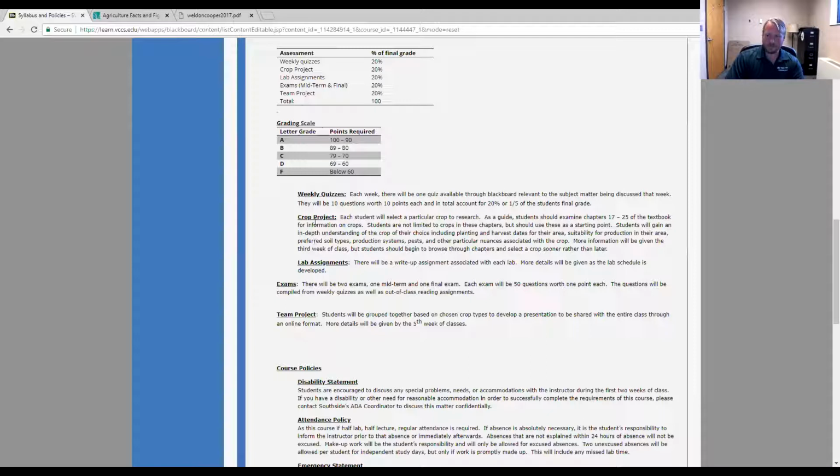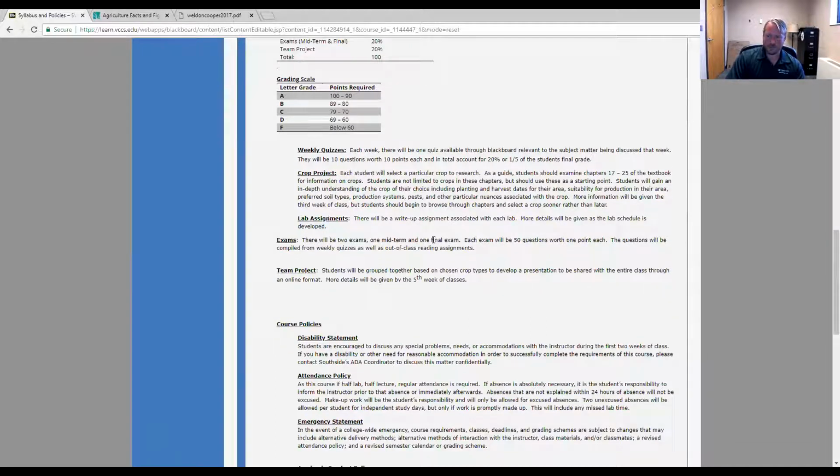The next major piece is a crop project. Given that everyone has different crops that they're interested in working with, we're going to have everyone do a project to custom tailor their interests in those crop areas. And then you'll research that, and then I'm going to have you guys join as groups for a team project a little later on, where we're going to try to group you guys in similar crop areas, and you will do a little bit of an online presentation. More details on that later, but I just wanted to go ahead and